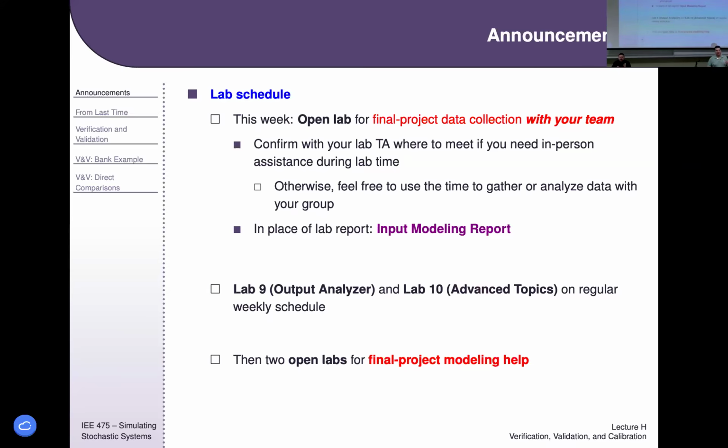I started to get emails about, would this be sufficient for my final project? And the key idea, we used to use this rule that you'd want to make sure you're using an Arena model that is complex enough that you would feel the urge to use a submodel. And so if you look at some of the samples that I provided from previous semesters in the final project folder in the module on Canvas, then you can see some examples of how complex the models that students usually submit are. And so once upon a time, we used this rule where we'd say, well, you'd want to build it so that there'd be